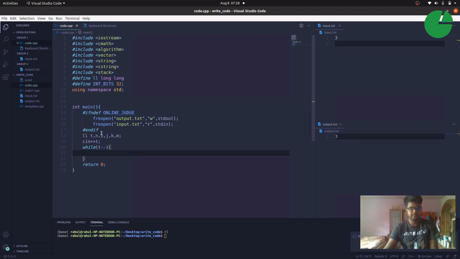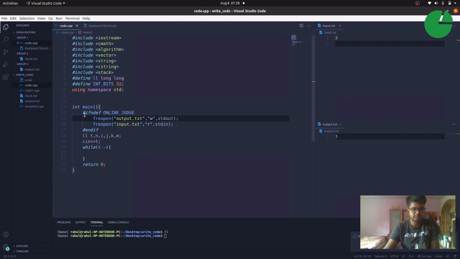This is the main part of making the template: the file open. The output.txt file is the write operation, and in the input option, input.txt, we have to perform a read operation.